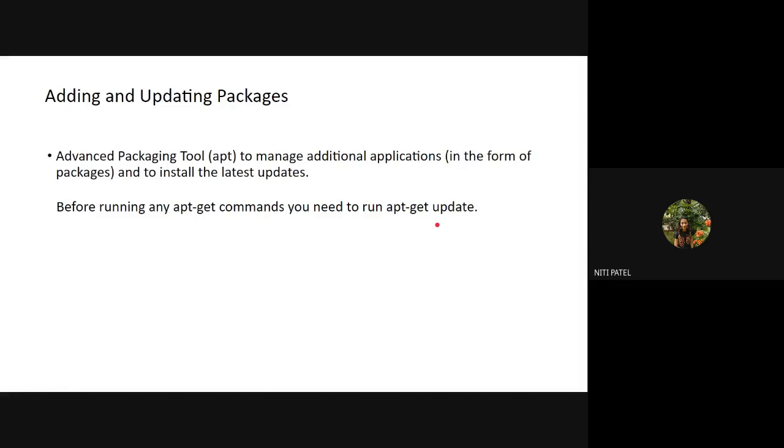And once you know which is the updated version, then you can simply download that updated version. Okay. So installing apps using APT is easy. How is it easy? You have to type this command. What is this command? sudo apt install app name. What is this app name? The name of the application that you want to install.